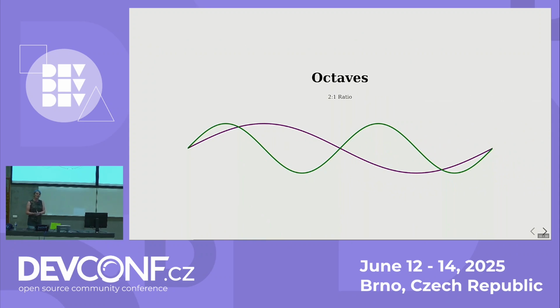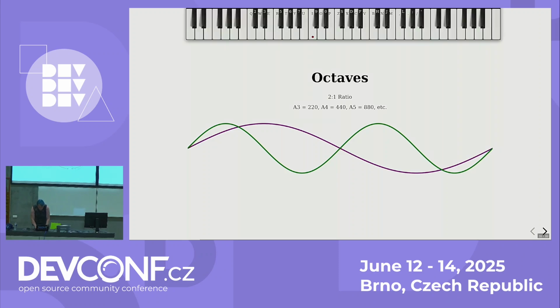Of course, if A is 440, you don't just have A 440. You can have A one octave down and A one octave up. This is basically the same note, but in a different octave. And these are done in 2-to-1 ratios. So if we have A 440 and go down an octave, you get 220. Up one, you get 880. You can say A3 is the one that's down one, and A5 is the one that's up one from A4. By the way, if you play these two things together,